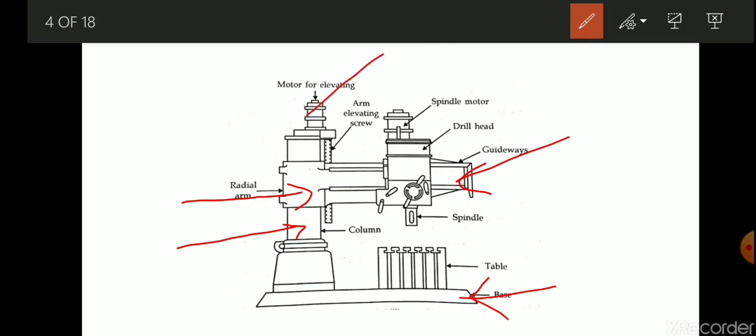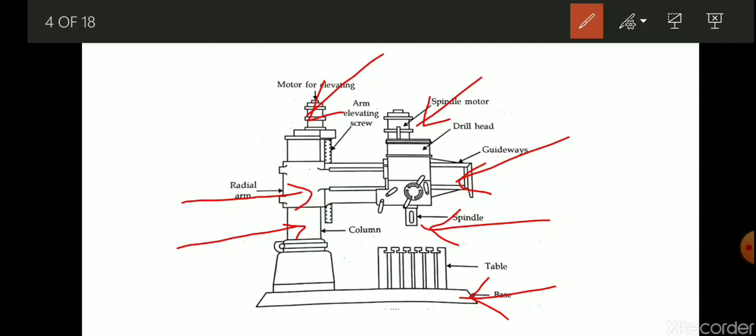Here we can see a motor which can raise or lower the radial arm. The drill head is mounted on the radial arm and has a spindle. Here we can see a spindle with a gearbox and a motor to get different speeds.